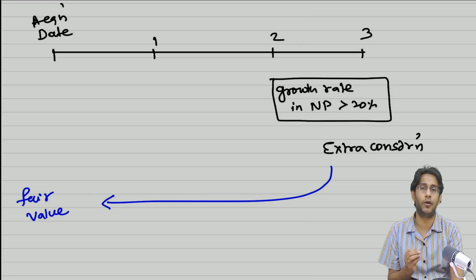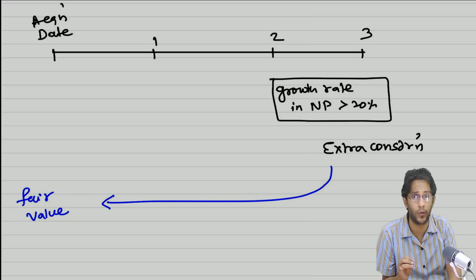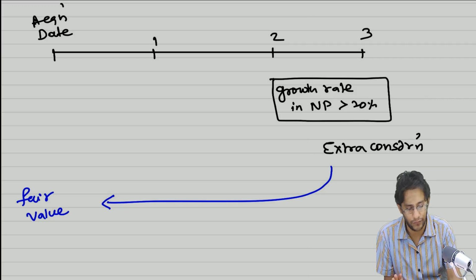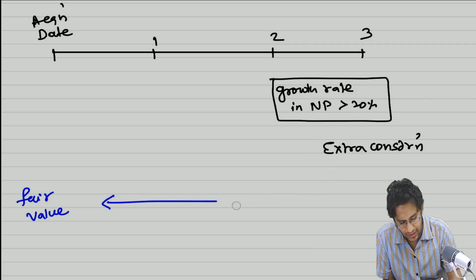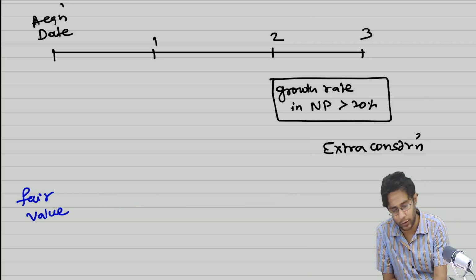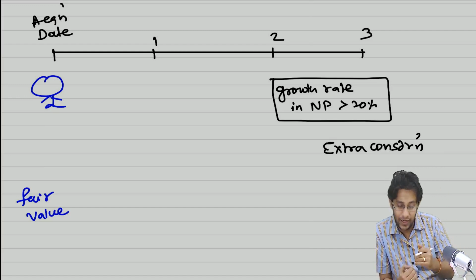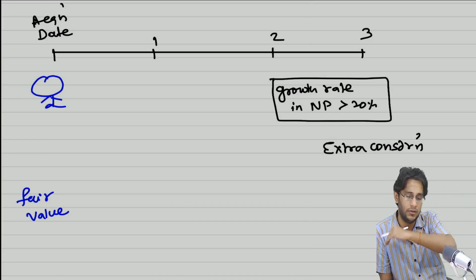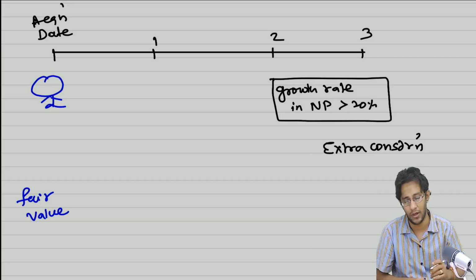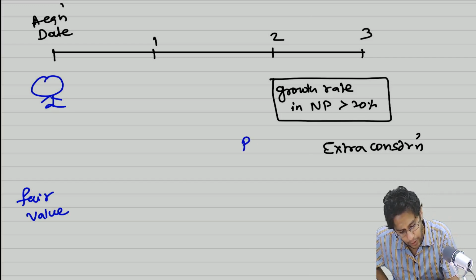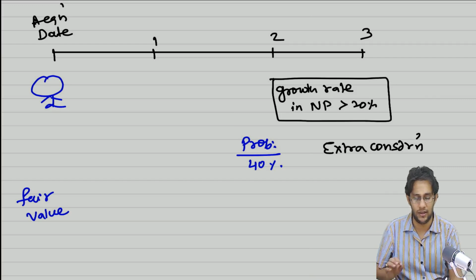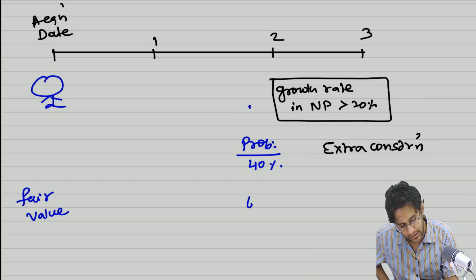So how will we determine fair value for this as on today? From an examination perspective, you need not worry. The fair value of contingent consideration on the acquisition date, the question will give you. But if you just want to know how to work this out, I'll give you a rough idea. Let us say you are standing as on today, you want to do the accounting for this entire transaction. After 3 years, what is the chance of the average growth rate in net profit exceeding 20%? Let us say the probability for this is 40%. So there is a 40% chance that the condition will be satisfied, and a 60% chance that the condition will fail.